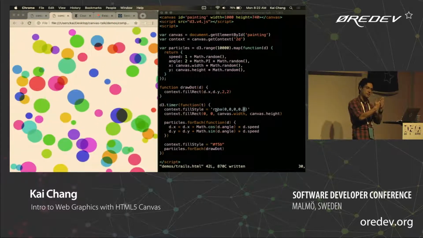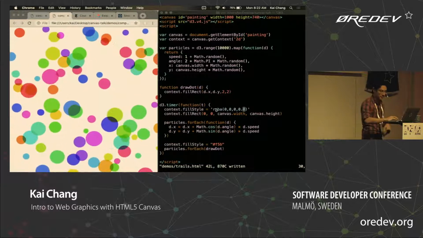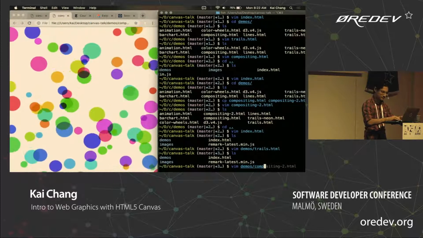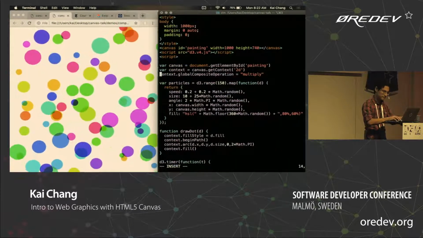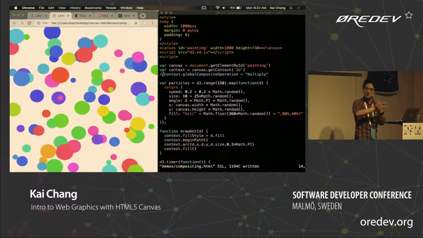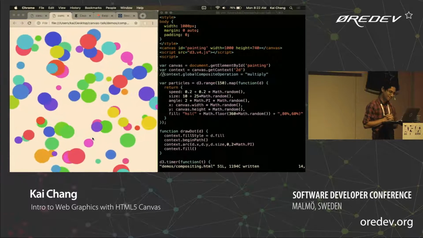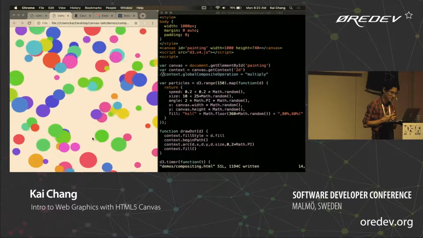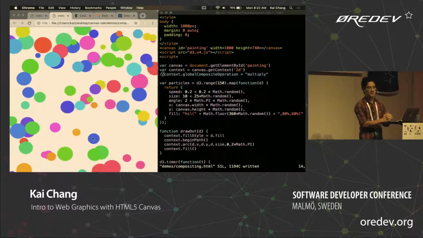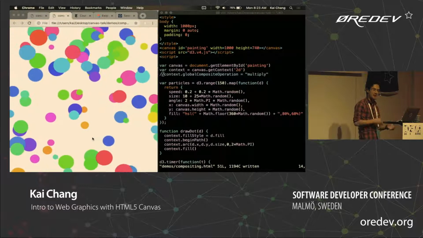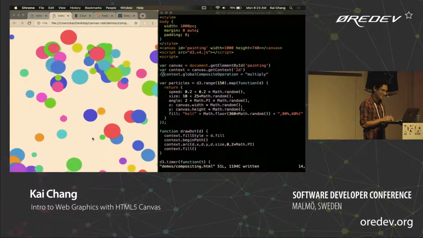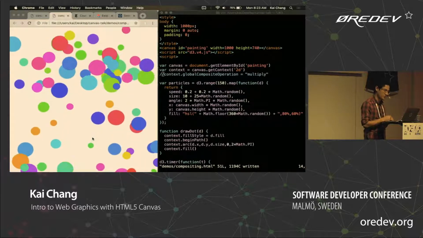Compositing is the way that colors combine when two shapes are drawn on top of each other. So let me pull up this example and remove the compositing. By default, the new shape just gets drawn over the old shape, so you have circles occluding each other. It's frequently not what you want, especially in data visualization. It means that anytime you draw something, anything behind it is gone. It was pointless to have rendered it in the first place. But by using different composite modes, you can create